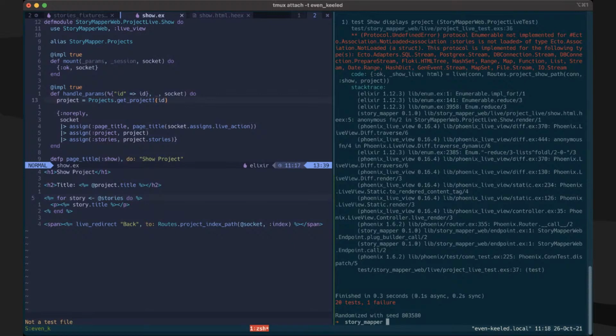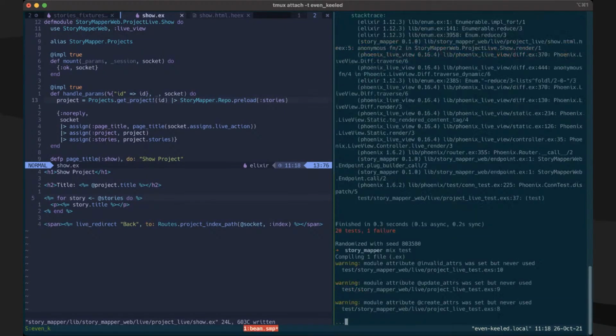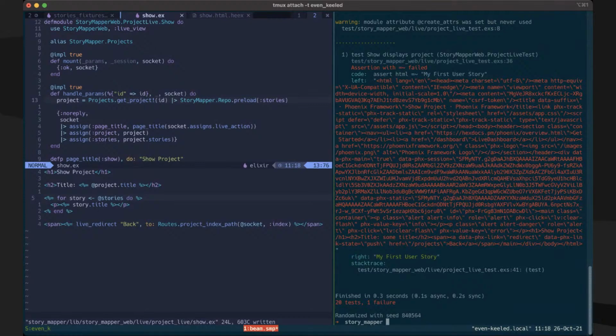So let's change that by using story mapper Repo.preload. So this is going to change our not loaded message back into the actual collection of stories. Okay, so now we're back to